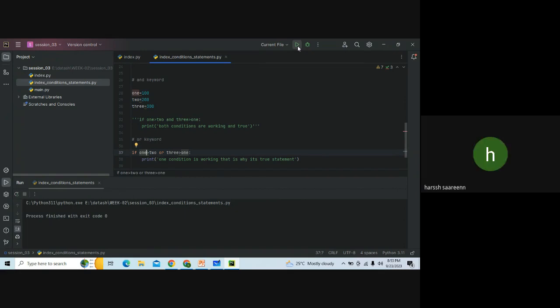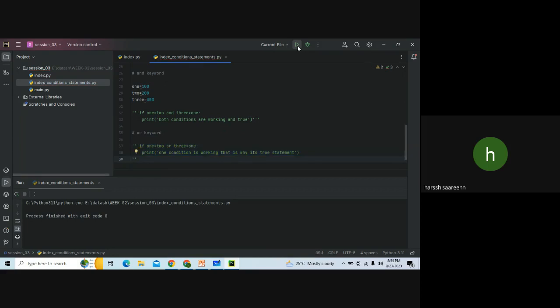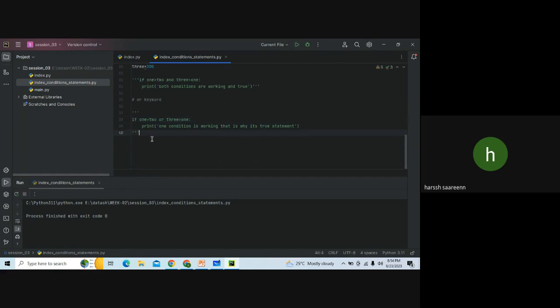There are two more conditions, that is not and nested if. Let me show you how not and nested if work here. The not keyword is a logical operator. When you want your condition in reverse, that works with not. For example, what if it's not A is greater than B? Obviously we are going to print A is not greater than B. What if B is not greater than A? Obviously we are going to print B is not greater than A. So how will it work? Let me give you an example. So if I put the not keyword here,